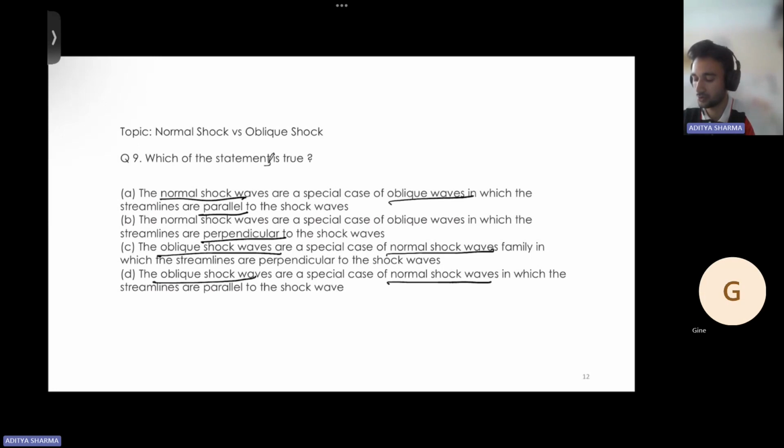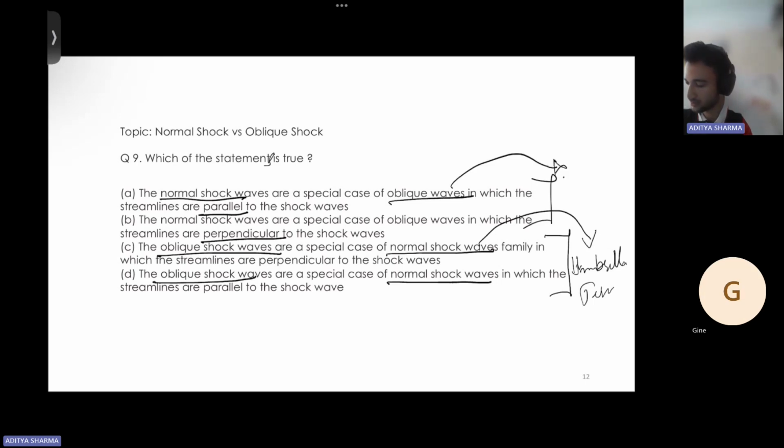So in these two cases, normal shock is the umbrella term. And in these two options, oblique shocks is the umbrella term,